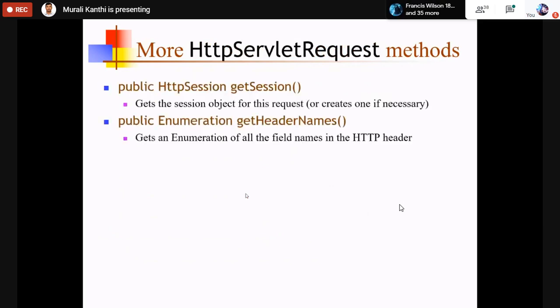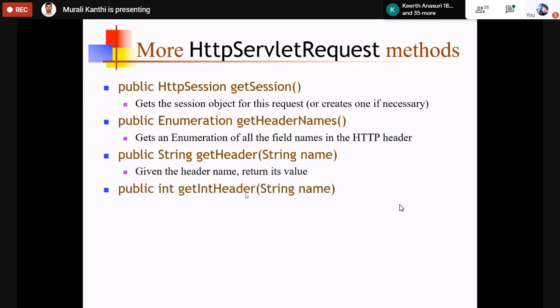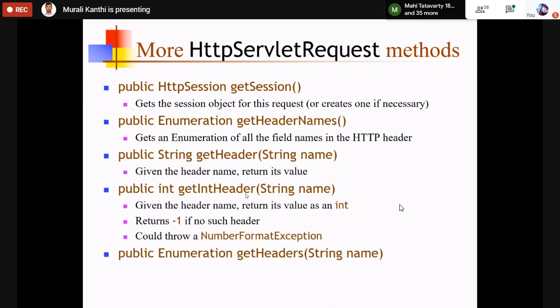Okay, this is about the session. Get session, get header names, get header, get int header. Get session is for getting the session object. Enumeration get header names gets an enumeration of all the field names in the HTTP header.